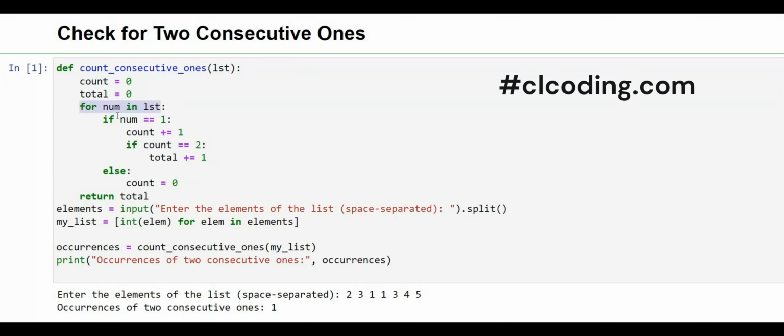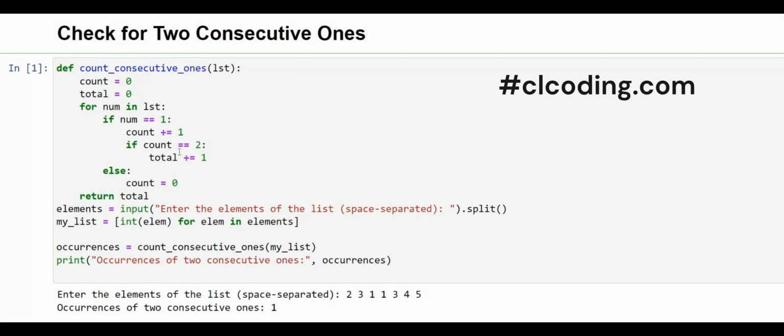So for num in list, we are checking if the current element is equal to 1, then the count will increase and it will check the next element. If the next element is also 1, then it will get plus 1, and 1 plus 1 becomes 2. And then we are again checking that